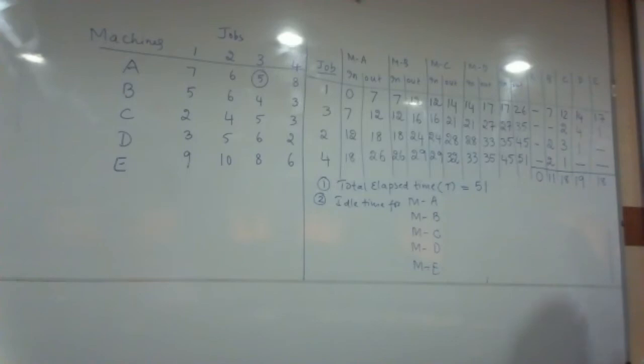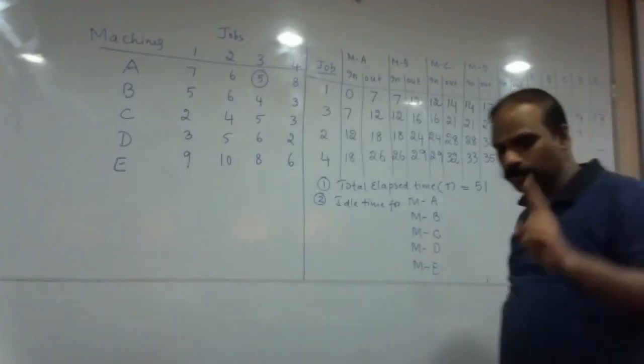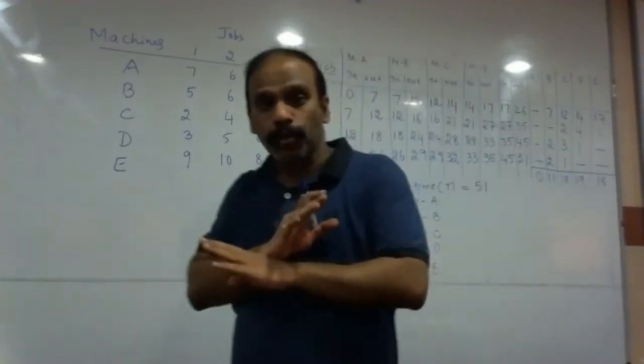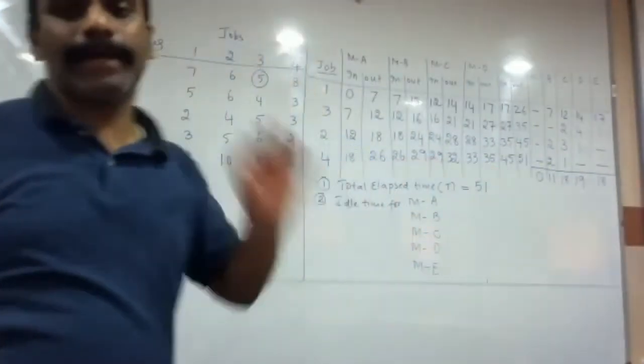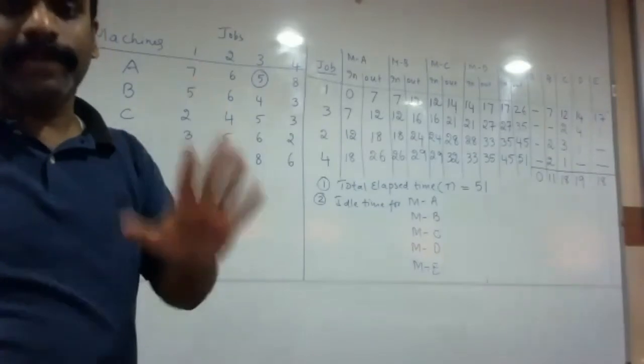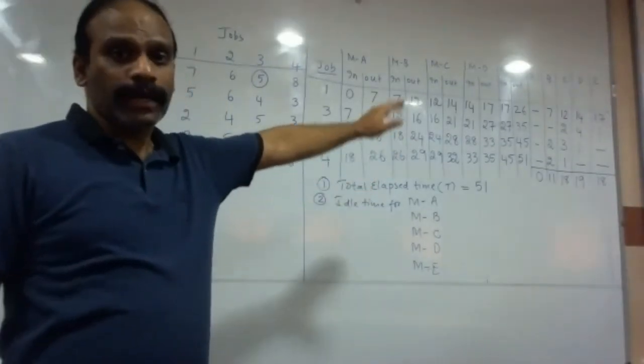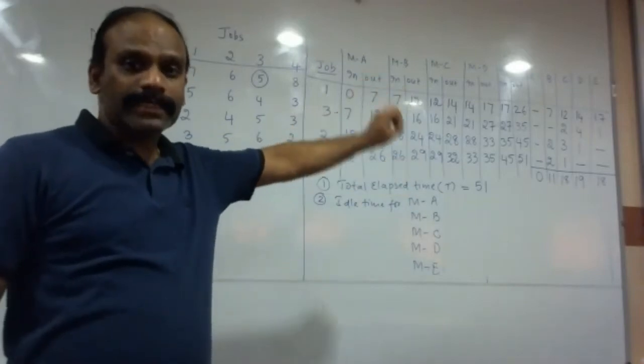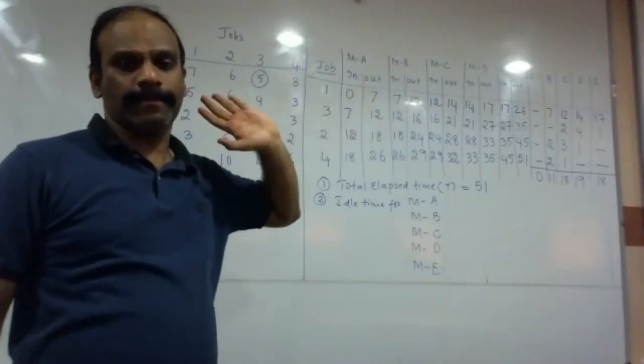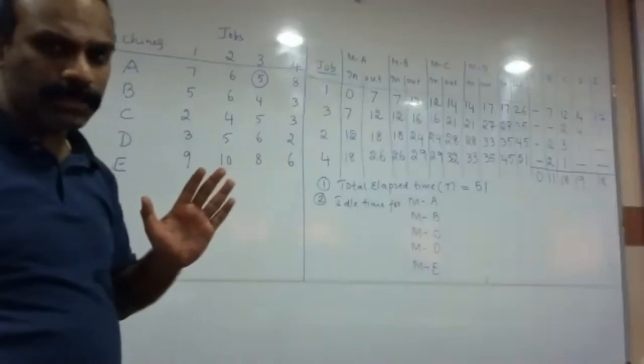Now these are the values we have got. Unlike 2 machine problems and 3 machine problems, there are absolutely no formulas for calculating the idle time. And therefore this method is far more simple. Whatever values we have got individually, that itself becomes the final answer. Are you all understanding this concept?